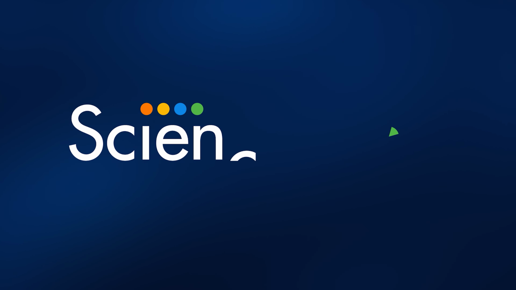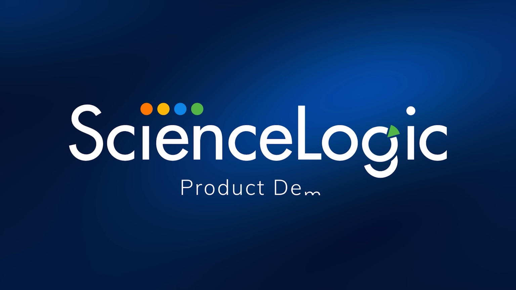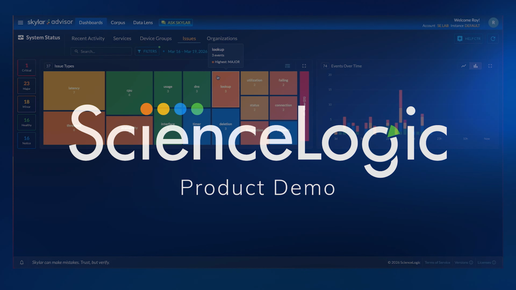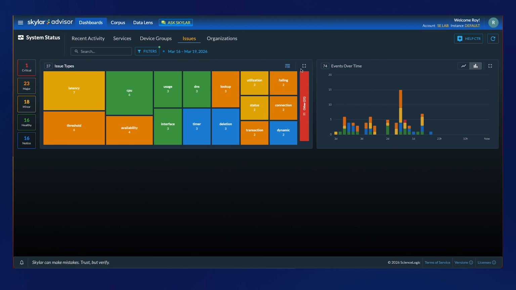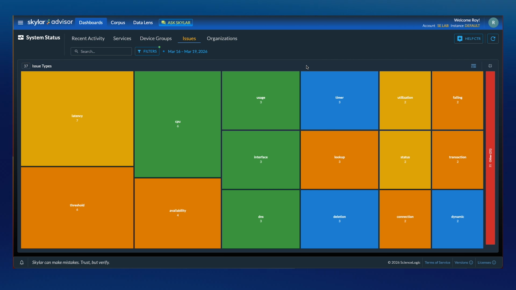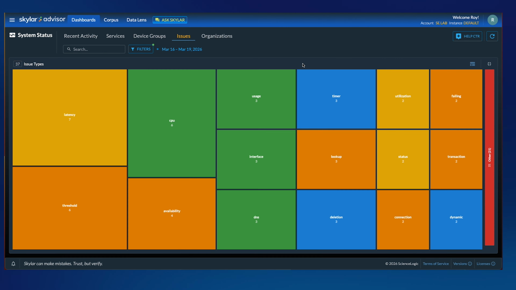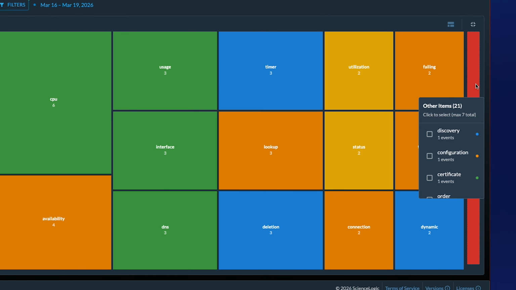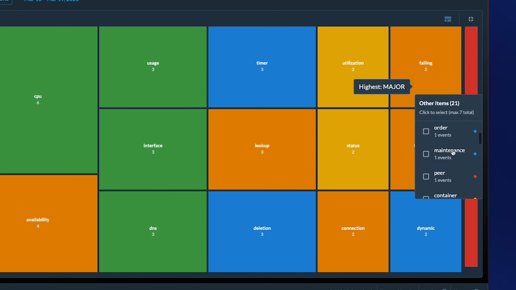Today, we'll take a look at how you can use Skylar Advisor to view and troubleshoot issues from a warning and frequency point of view. Issues presents a heat map of the issues seen in the system, color-coded, and also leveraging size to communicate frequency. Now we see this red section over here, which represents a problem, and we can see it's related to a